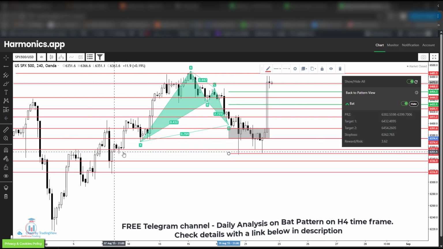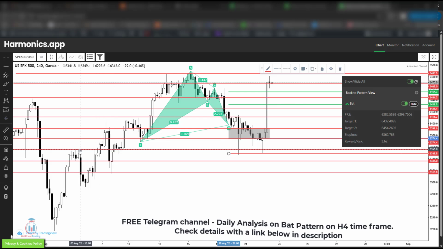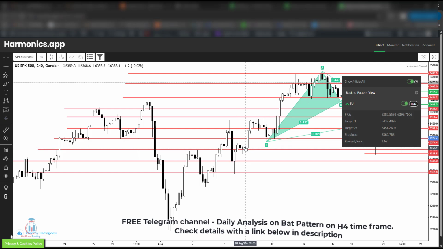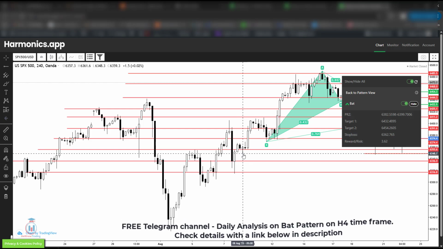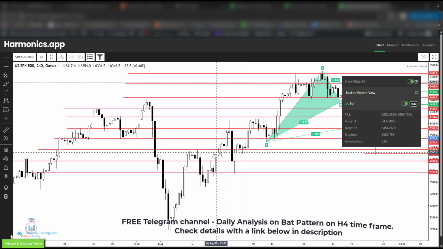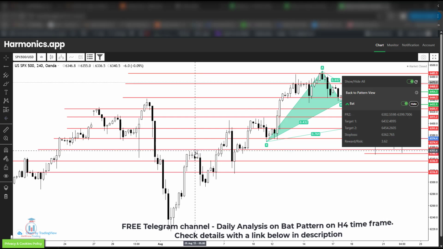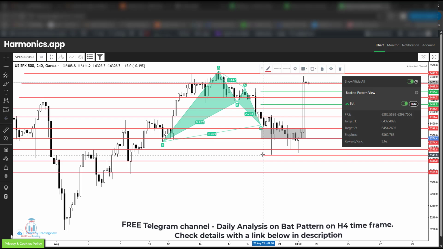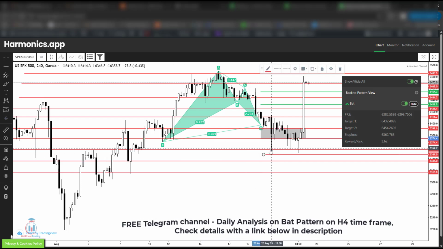But if the price goes to this area of support, we can see in the past how the price has behaved around this area of support. When the price was touching, we can see the wick from this candle has reached this area of support, and also we can see an area where the price is touching. So I would move my stop loss right here, below this area, and